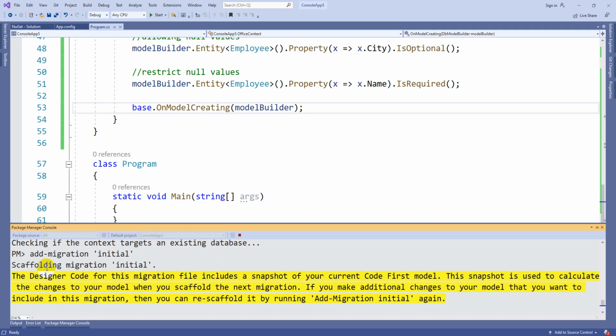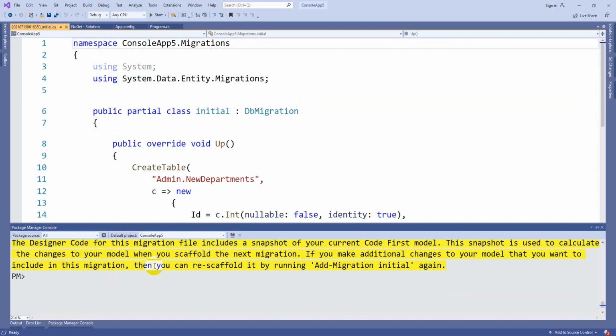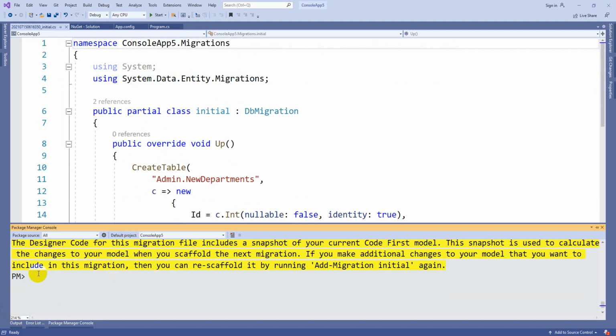So the migration is getting created. Once it is done, we are going to update the database, then these changes will be effective on the database side. So update-database.